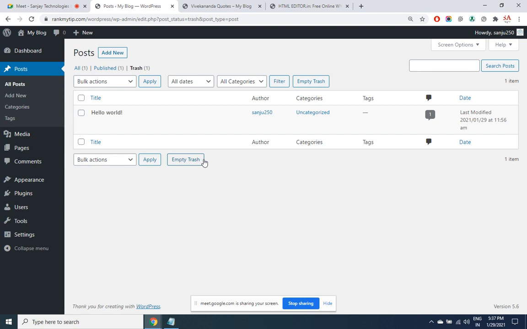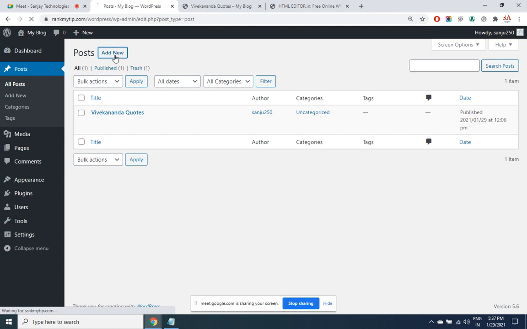So the slight difference between Blogger and WordPress is, by mistake, any deleted post can be restored. While in Blogger, if you have deleted, it's gone from the server. You can't restore it. And even if you do not restore, it will automatically get deleted after 30 days. If you delete it right away, then you will not be able to recover.